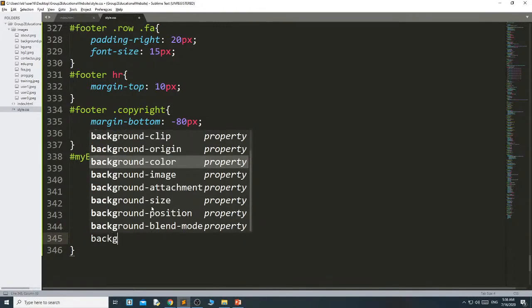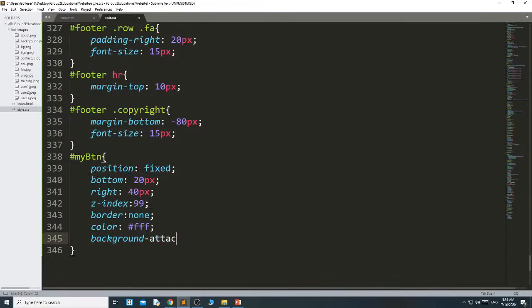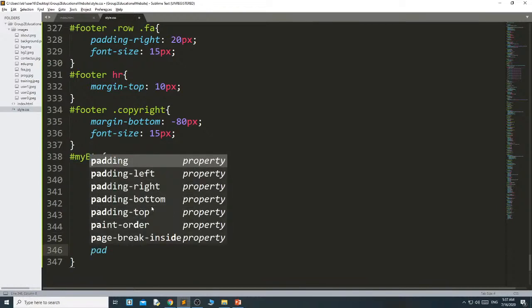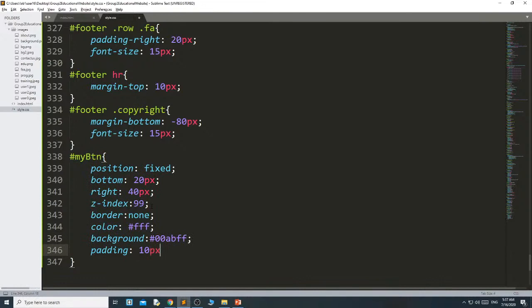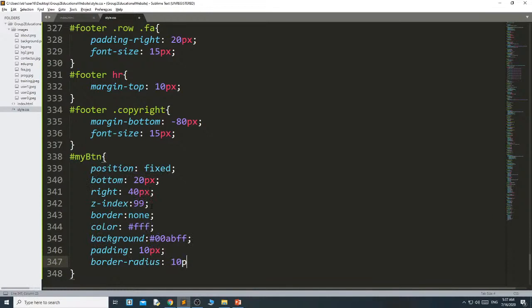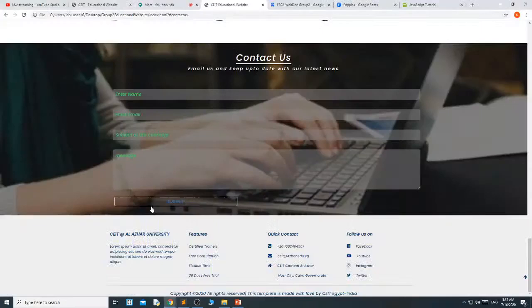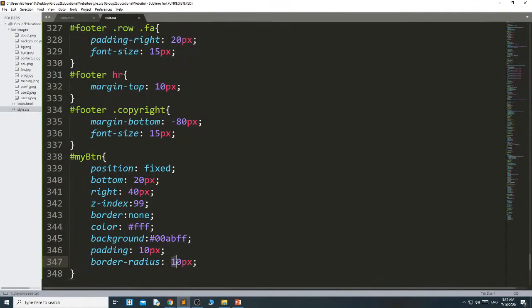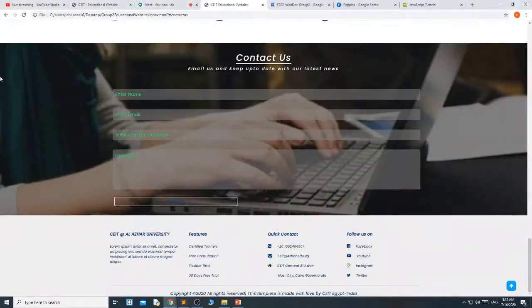background. I want some background color like 00ABFF, padding 10 pixel and border radius I have given 10 pixel, so that I will get a button like this. Okay, if you want a completely round button, then you can use border radius 50 pixel. If you give 50